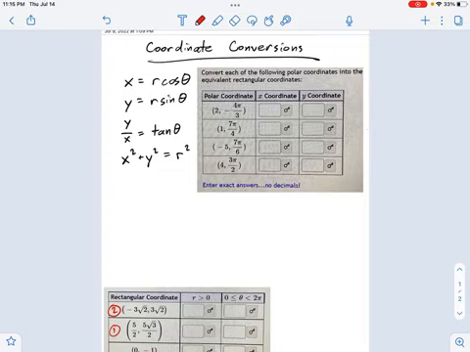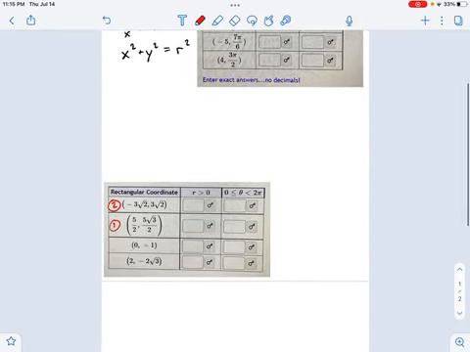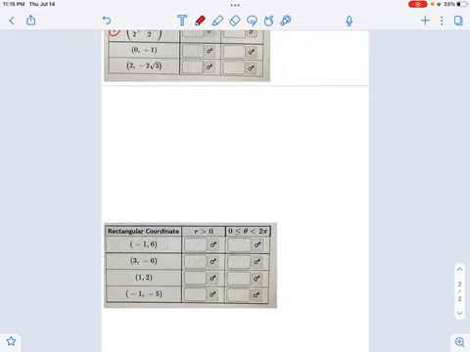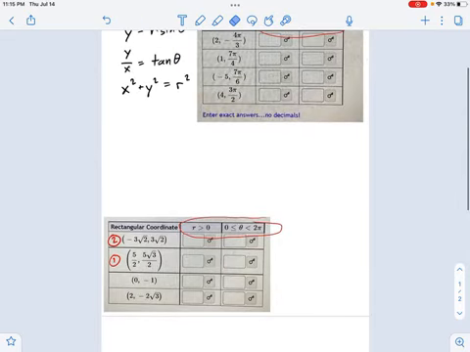Now, what I'm covering in this video is an example of going to rectangular coordinates. Okay, that's what we're talking about first. Then I'll do an example of going to polar coordinates. And then I'm going to get to a third example using kind of a weird situation. We're still going to polar coordinates, but it's going to be a little dicey. So depending on which problem you're looking at, you may want to focus on the beginning of this video, the middle, or the end. But that's the order I'm going to be going through.